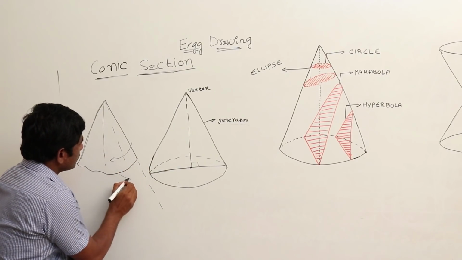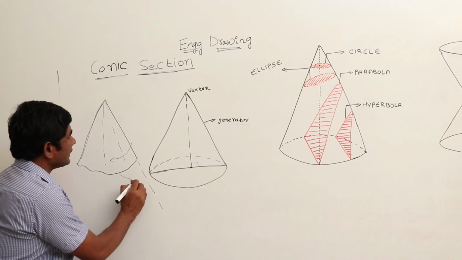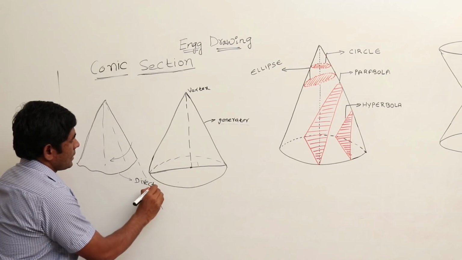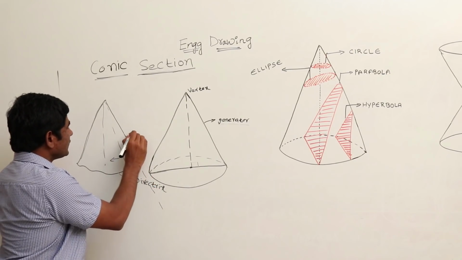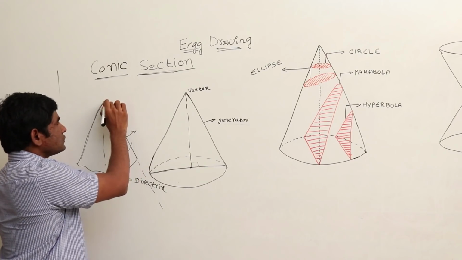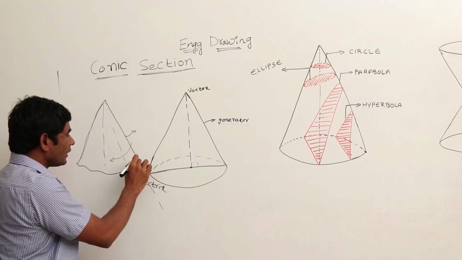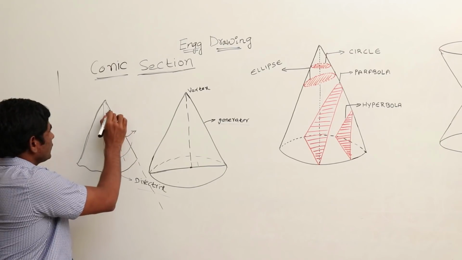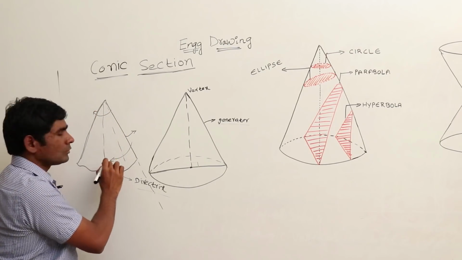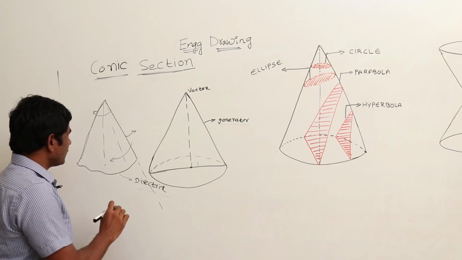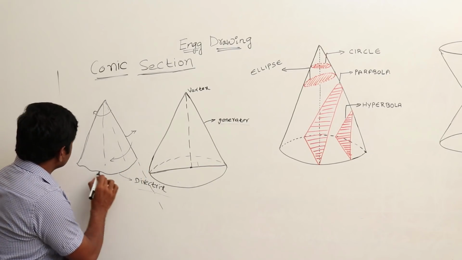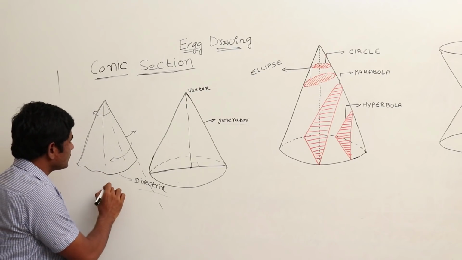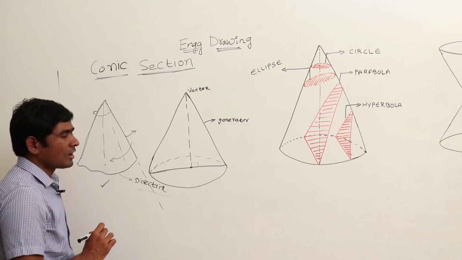So this closing curve is called a directrix. So here this is a generator, and this is rotating about a fixed point, the vertex, and on the other hand it has a closed curve, that is called a directrix, and it's rotating like this. So by this we can form a cone. But if you observe the directrix, this curve is any shape. This is just some random shape. So that's why this is called an oblique cone.